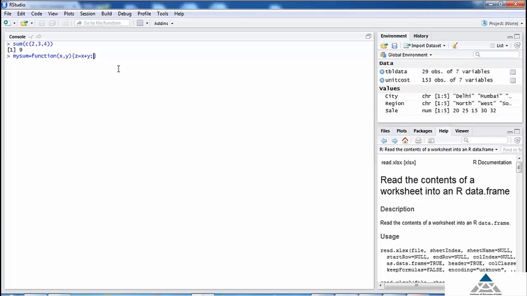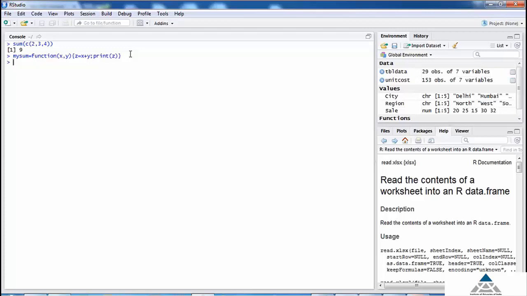Once we have added the two numbers x and y, we also want to print the values of the sum, that is, print z. Hence, what the function mySum will do is that it will pick up two numbers x and y, add these two numbers, and finally, it will print the result. Press enter. Hence, we now have one function mySum which is ready for use.